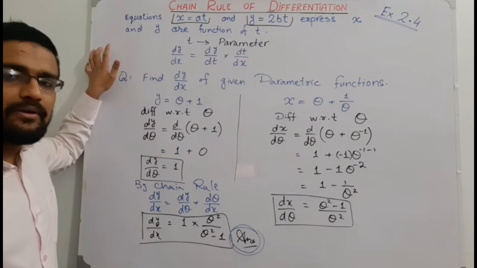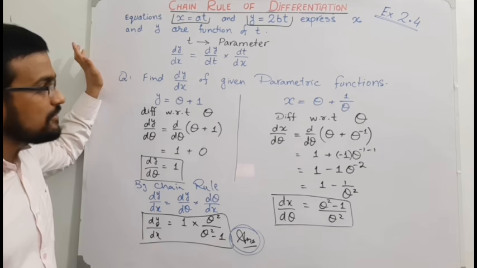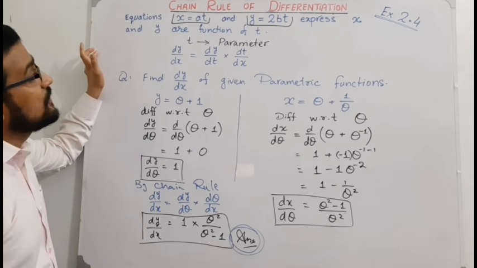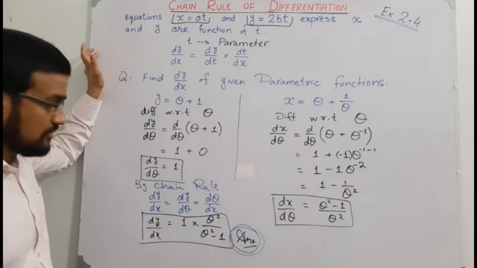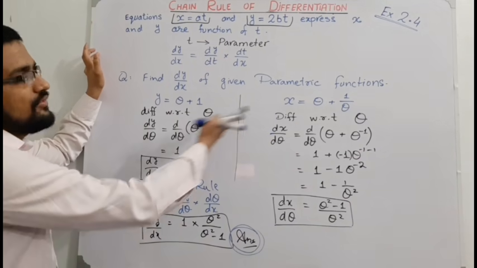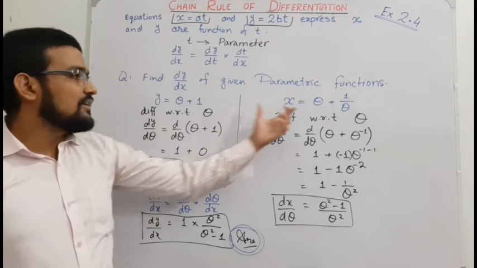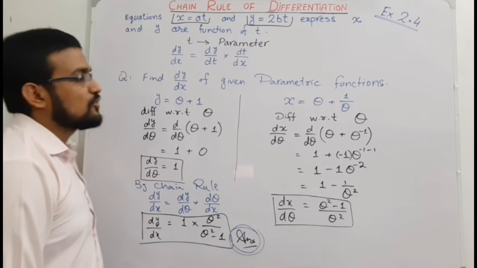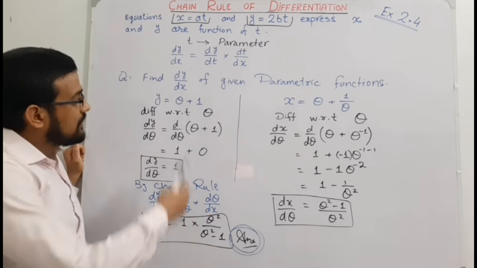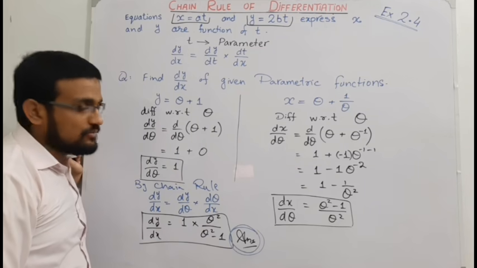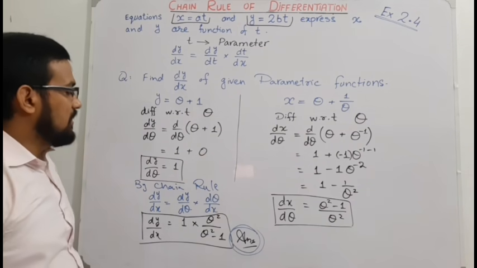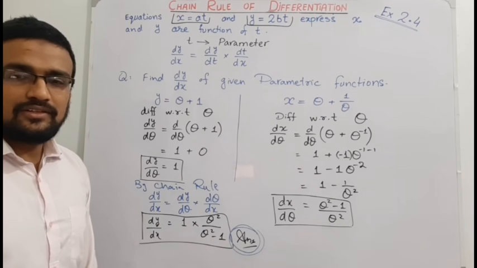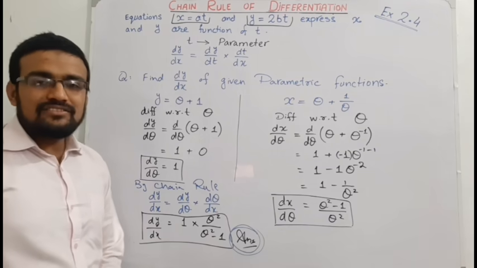See this one, parametric equation. What is parametric, and how can we solve differentiation of a parametric equation according to the chain rule? What is the process? Both functions are given as parametric functions, in which some parameter is common in both functions. Then differentiate the dependent variable with respect to the independent variable in both, and apply the chain rule for the final result. I hope you understand this question.